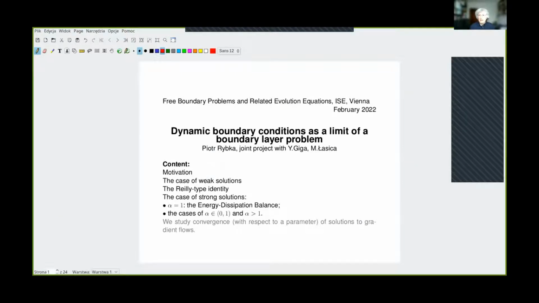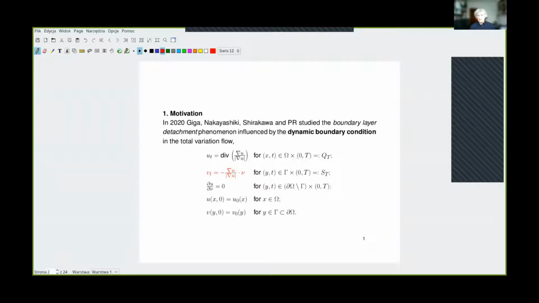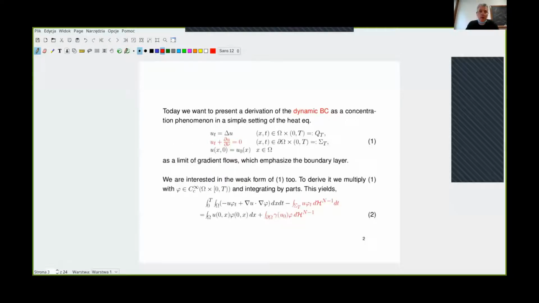And we would like to derive the boundary conditions as a limit of gradient flows. We studied a very specific gradient flow in our paper, which is the gradient flow of the total variation with dynamic boundary conditions, and we studied properties of solutions. However, we weren't quite satisfied with the derivation of the dynamic boundary conditions, and I would like to pick up this topic today. But I would like to start with a simple setting of the